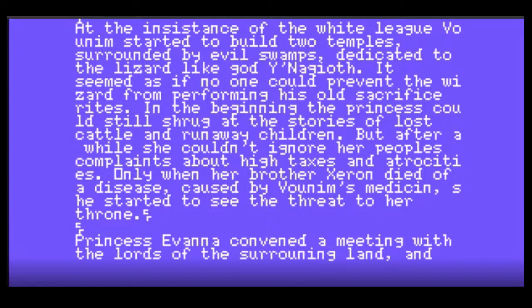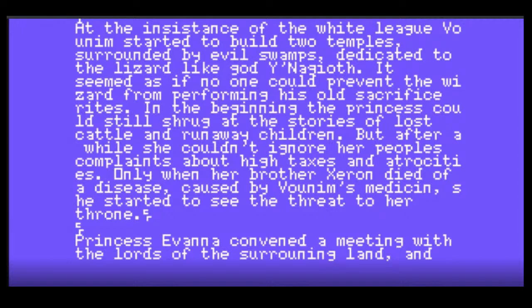At the insistence of the White League, Vonum started to build 2 temples surrounded by evil swamps dedicated to the lizard god Yinageoth. It seemed as if no one could prevent the wizard from performing his old sacrifice rites.